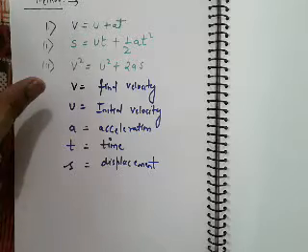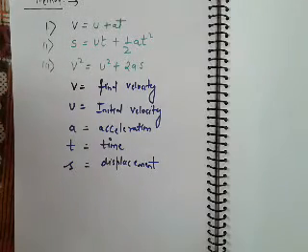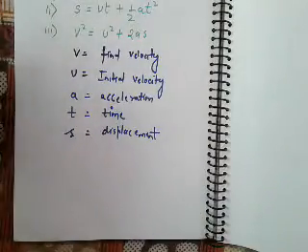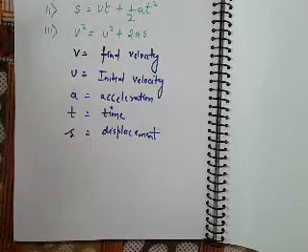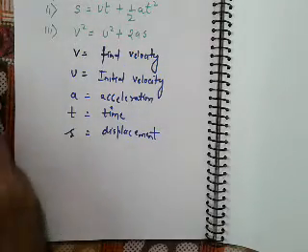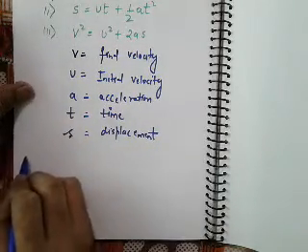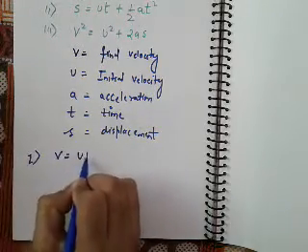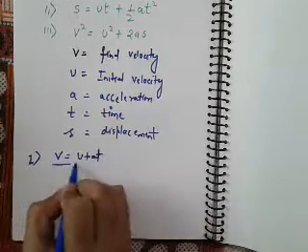Here we will discuss their derivation, their proof. It's a very significant question in your home examinations also: derive any one of the equations of motion by a mathematical method or normal method. So we are going to derive the first equation of motion, v is equal to u plus at. This is the first.